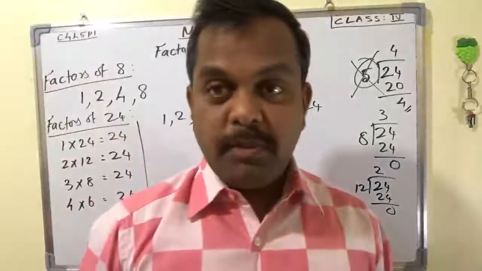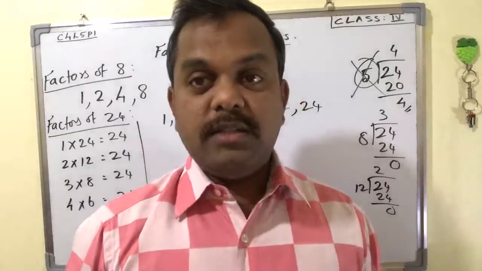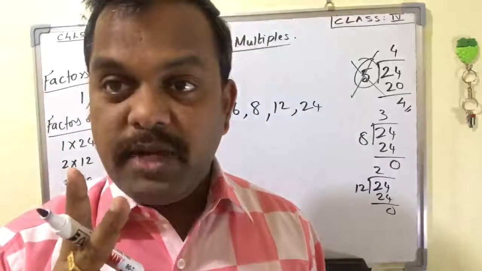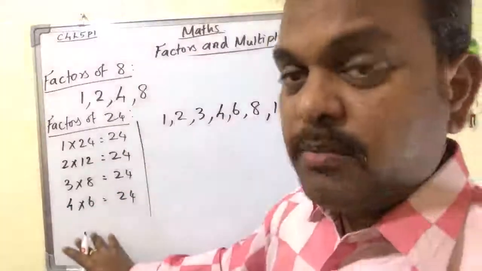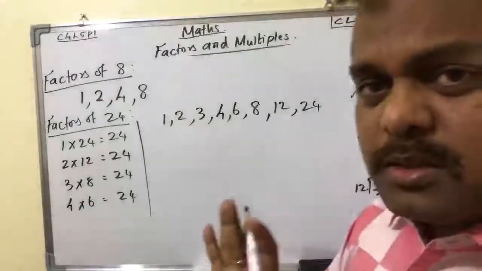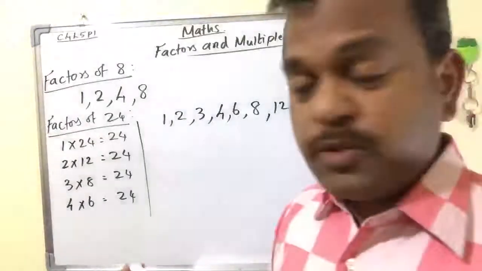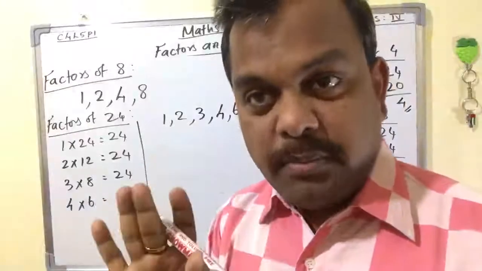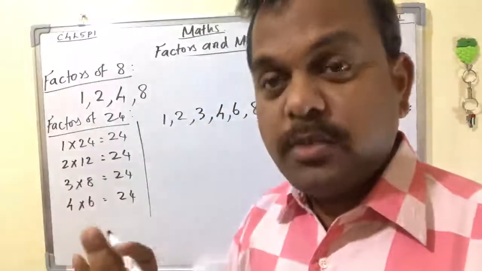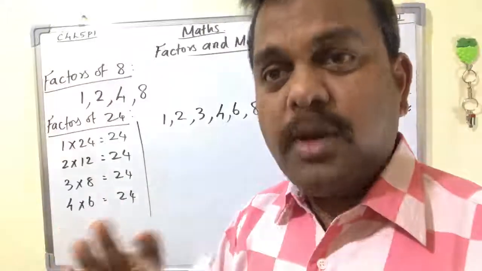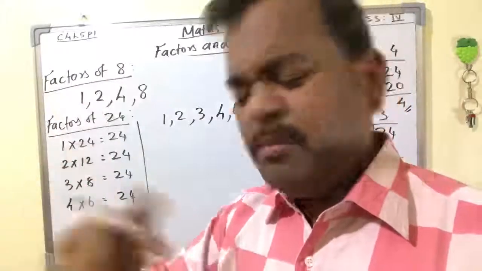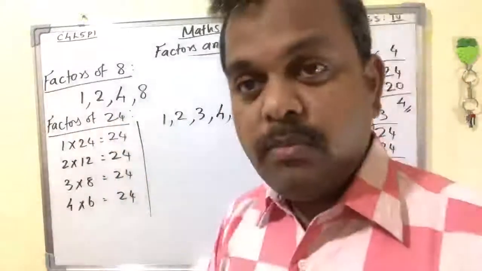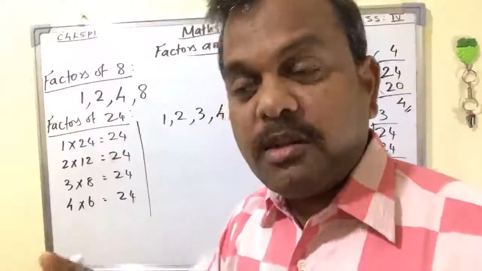So one more time I will explain how to find the factors. Factors means divides a number without leaving any remainder. There are two methods we can find the factors. One is by multiplication method. Another one is by division method. But better use division method, because by multiplication method, there is a chance to leave some numbers. Better check 1 by 1 number. Check with 1. 1 is a factor of all numbers, so no need to divide anything. Leave it. Okay. Check with 2. If it is an even number, 2 is a factor. Check with 3. Divide.